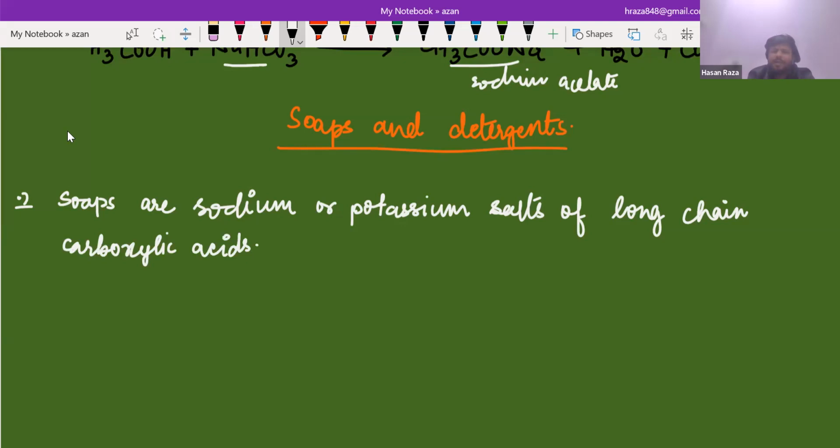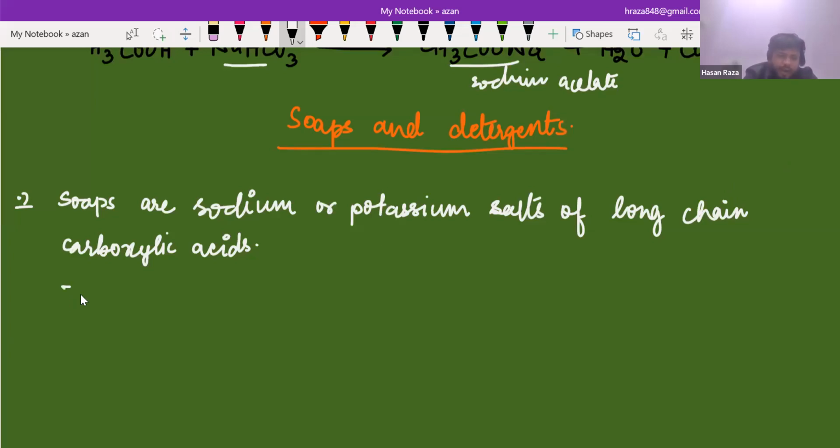That means for any carboxylic acid, if you replace the hydrogen with a metal like K or sodium, it will be a salt. Is that clear? So basically soap is a long chain carboxylic acid salt. Soaps are sodium or potassium salts of long chain carboxylic acids,